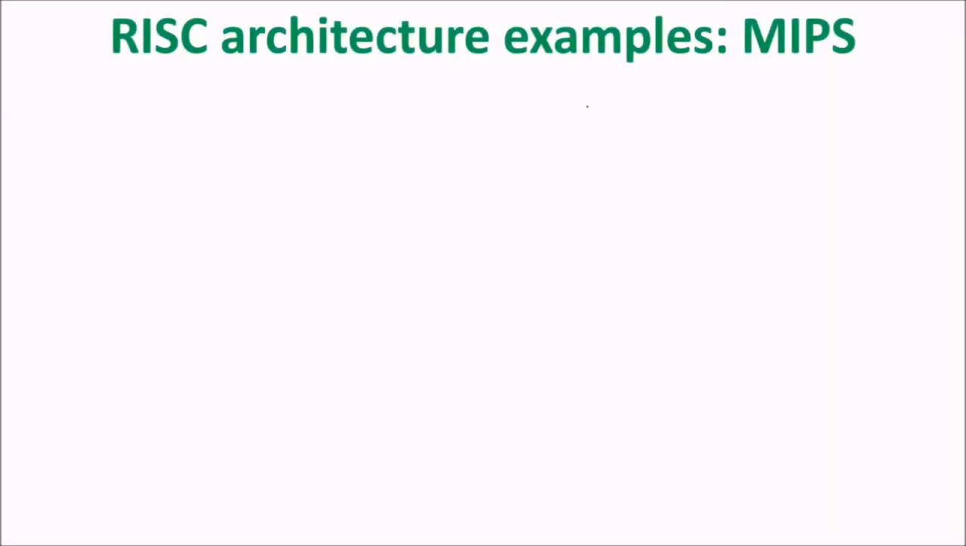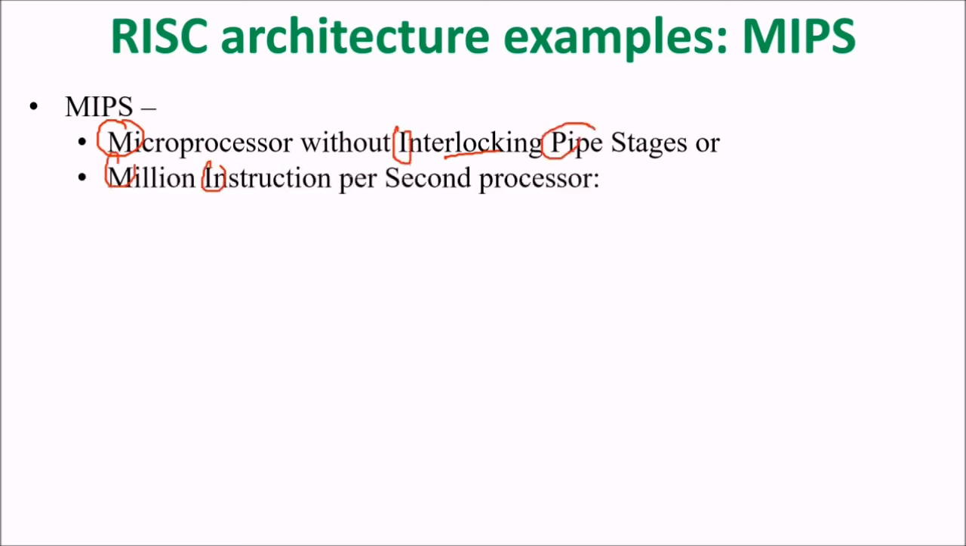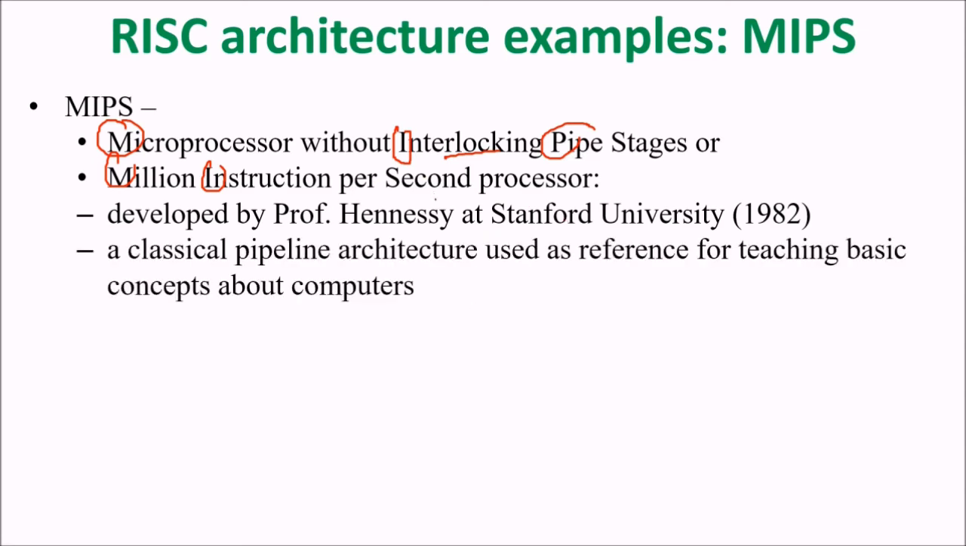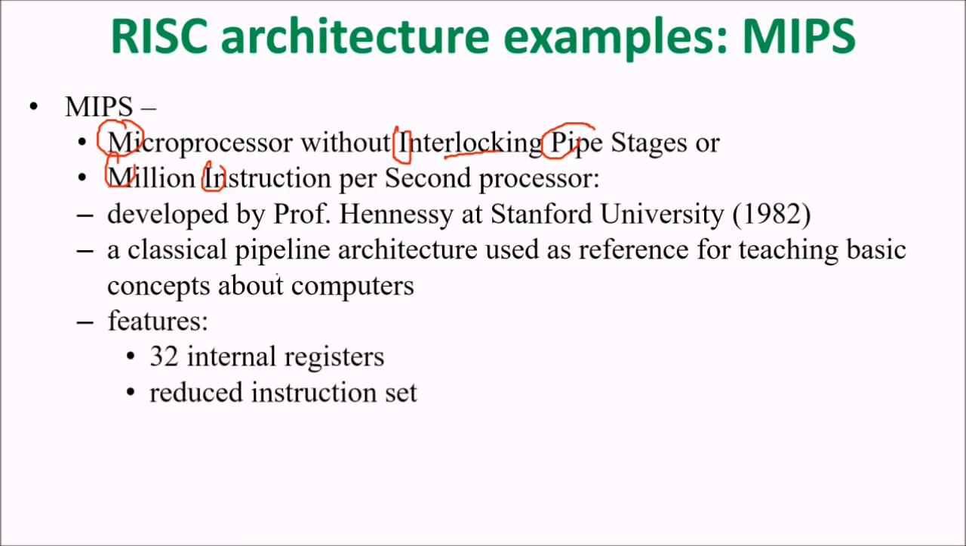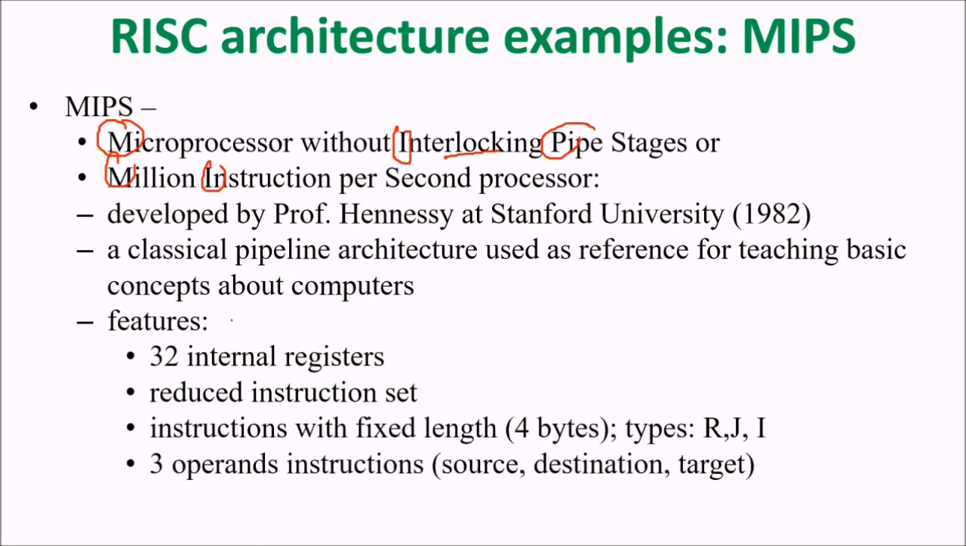A RISC architecture example is MIPS, microprocessor without interlocking pipe stages, or million instructions per second processor. This was developed by Professor Hennessy at Stanford. A classical pipeline architecture used as a reference for teaching basic concepts about computers. The features are 32 internal registers, reduced instruction set, instructions with fixed length, say 4 bytes, and 3 operand instructions,